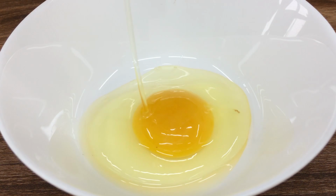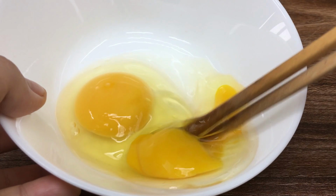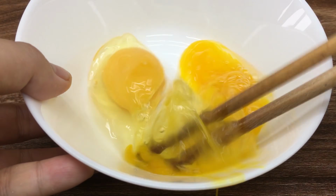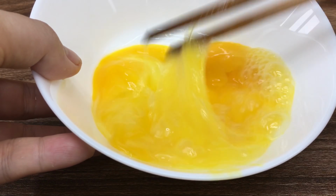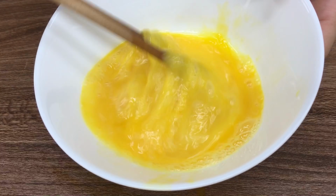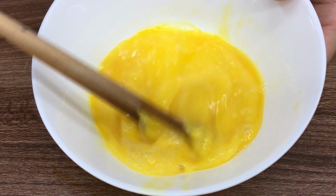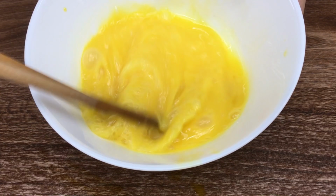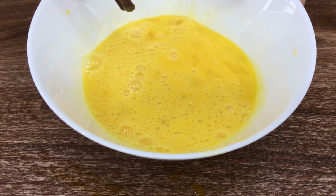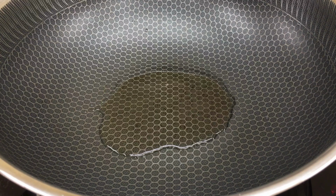Now, crack the 2 eggs into a bowl and gently beat them using that lifting motion. Don't rush, just keep a steady rhythm, and you'll see the eggs become smoother and fluffier. When cooked, they'll form soft, delicate strands that look just like those served in restaurants. Just a small change in technique, but it noticeably elevates the final result. Set the eggs aside. Let's start cooking, and you'll see, just a few simple steps can lead to a result